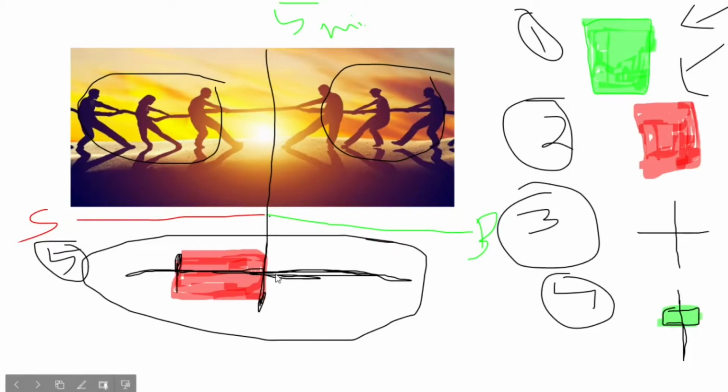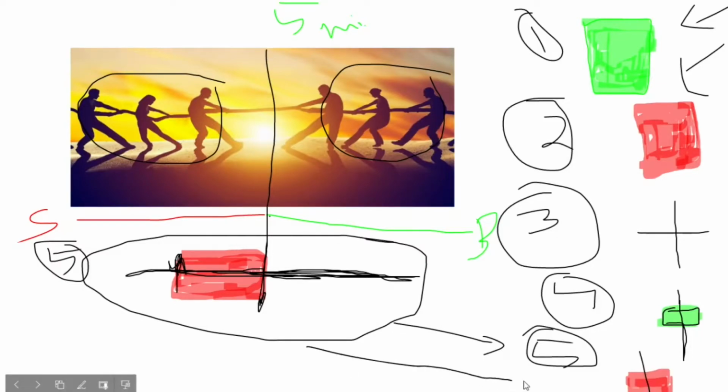So this is the point. The buyers tried to pull, but sellers were successful in pulling the tug to this point at the end of 5 minutes. So I will just note down this in my point table. So you can see here, I just noted down this representation in the point table and I just rotated as I rotated for the other 4 matches. So this is how I represent the strength of 5 matches and both the teams.